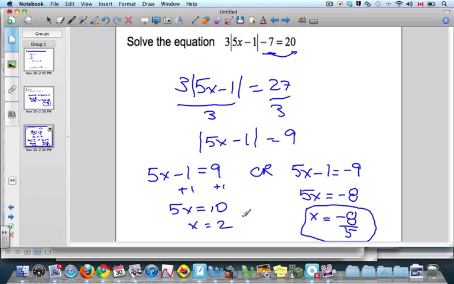Nice. And so that's quite a common scenario, that when you have absolute value, there are 2 answers, and they're both correct. Make sure you bring these notes to class, both these equations solved out, so we can check them,